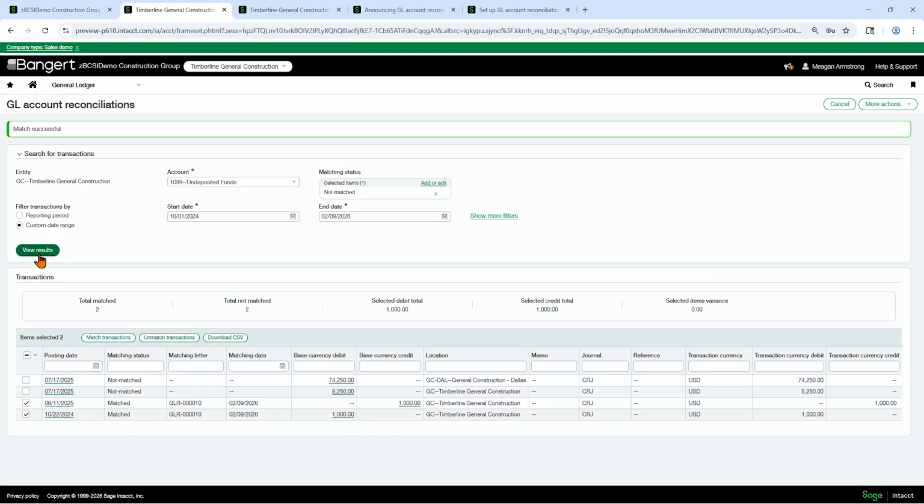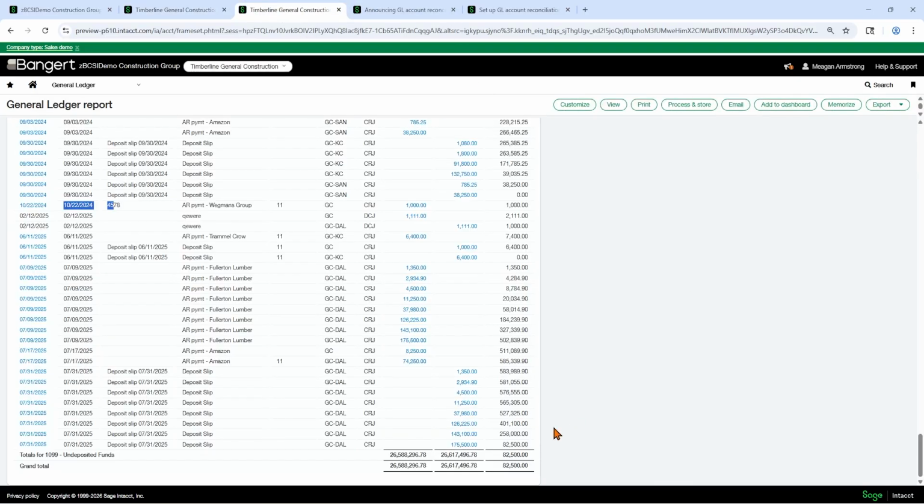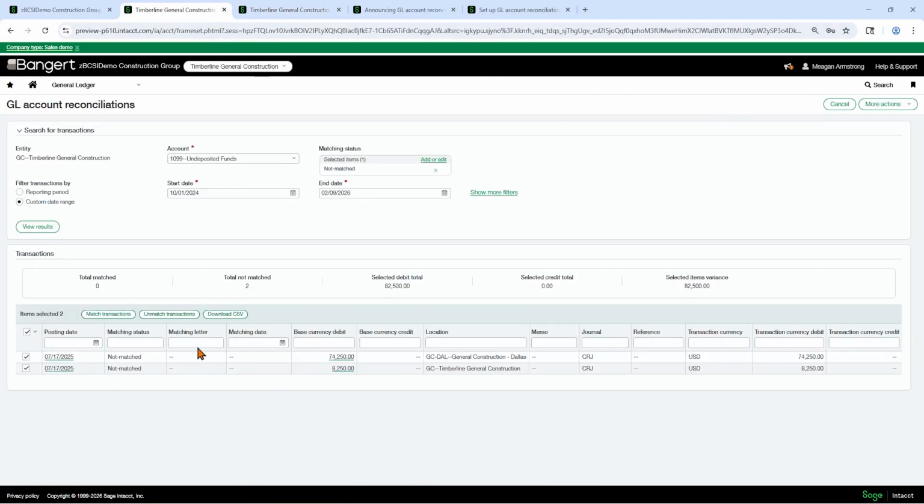And now if we hit view results again, it's going to show us just these two that are unmatched through today to get us our balance. So for this on the undeposited funds means I've got these two deposits that I've made the receipts for but haven't actually deposited in the bank. So good to know here. You can do this with prepaids. You can do this with your accruals. Test it out, play with it. Let us know what you think.